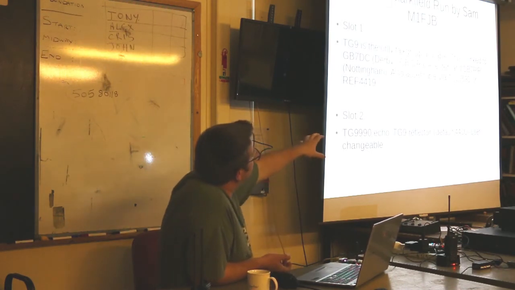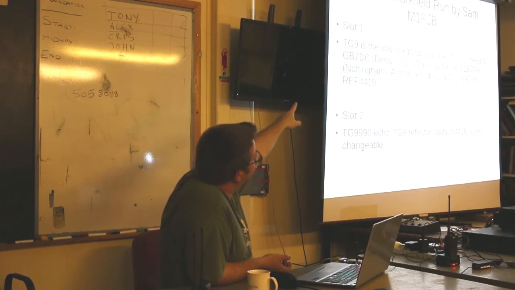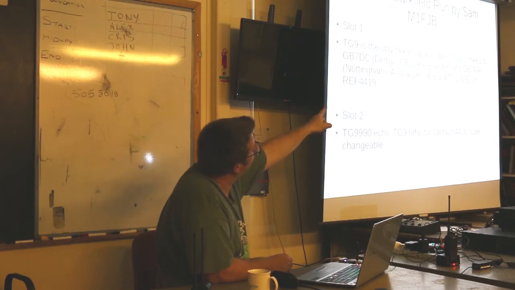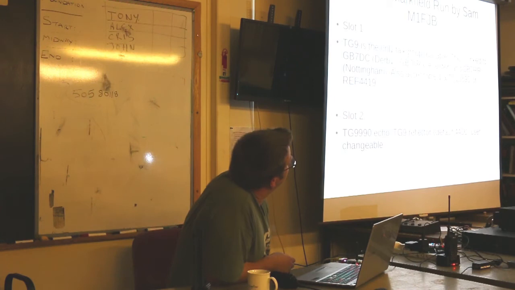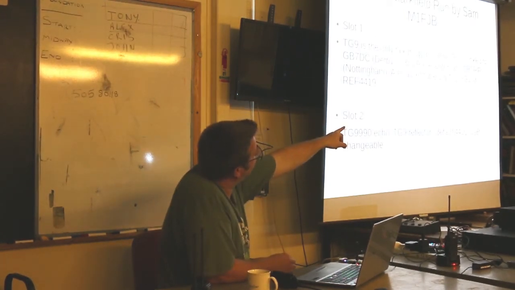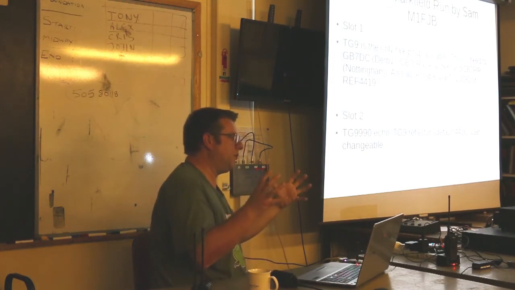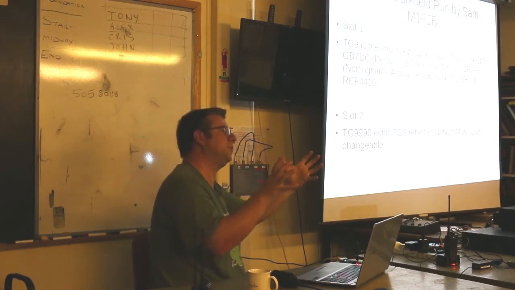So going back to our local repeater, 2 slots. Slot 1 is talk group 9, the only talk group that's available, and that's in a cluster with GB7DC Derby, GB7LR, that's the one it is, and GB7RR, which is in Nottingham. And then, as I said earlier, a few slides back, talk group 23590 or reflector 4419 will get you there as well. So it's just like having a bigger repeater with a bigger footprint, but in effect you've got 3 in a cluster.